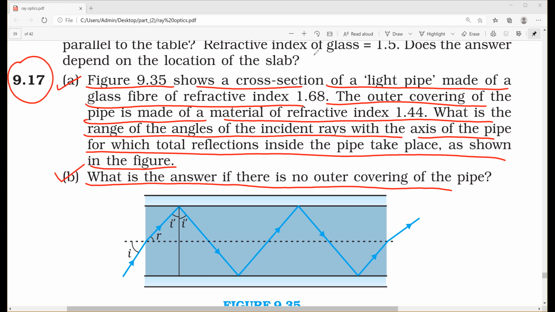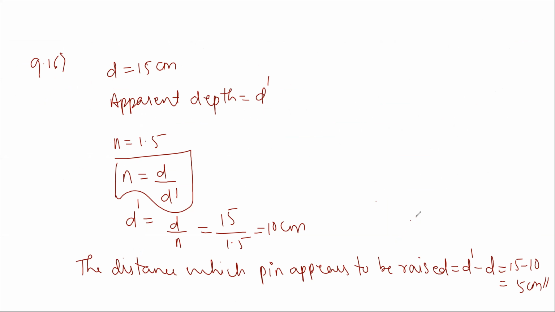9.17. So from the question, what they have given: the refractive index of the glass fiber, let us consider mu1, that is 1.68. The refractive index of the outer covering of the pipe, let us consider mu2, that is 1.44. Angle of incidence, let us consider i, and r is the angle of refraction. The angle of incidence at the interface, let us consider i dash. So the refractive index of inner core with respect to outer core